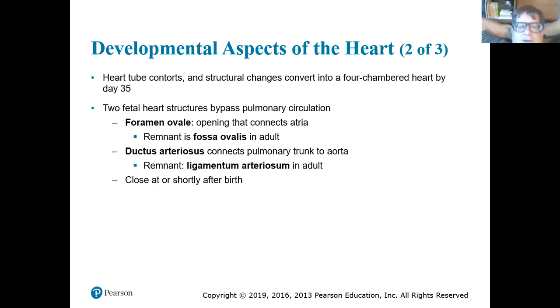This tube will contort, bend around. There'll be structural changes that'll modify it into a 4-chambered heart. That'll happen by day 35. The 2 structures there will let you bypass the lungs. The foramen ovale, that's the hole in the interatrial septa. That allows some of the blood to go from the right atria into the left atria and then go through